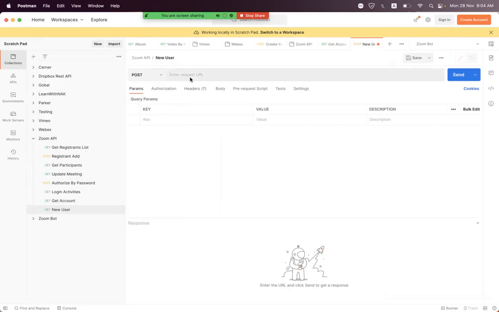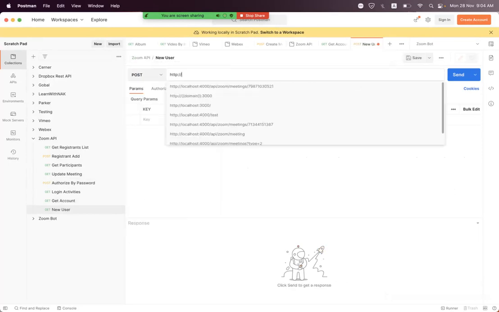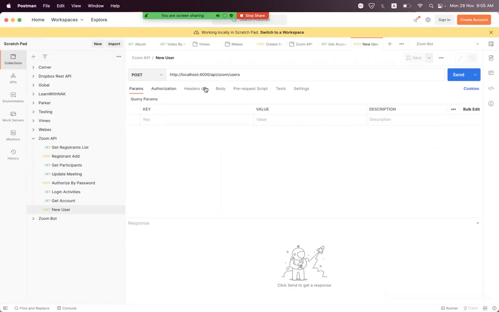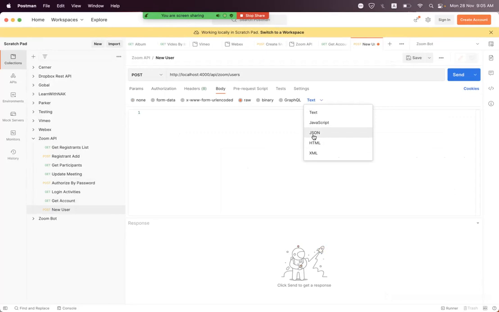and we change this to post and send the request to HTTP localhost port 4000 slash API slash zoom slash users. Okay, and we set the body. So we say raw and JSON, and we just create the body here. We say action, and action will be create, and here we pass the email. So we can also see the invitee. So we pass an email,